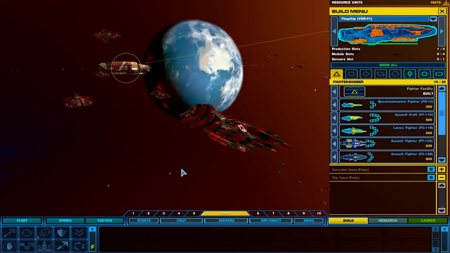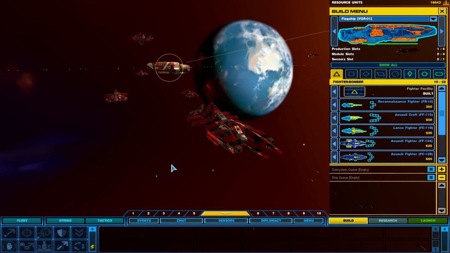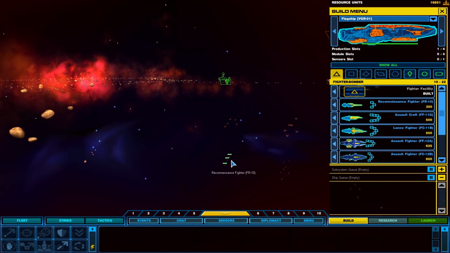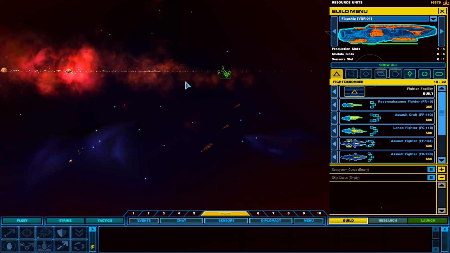So today we are taking a look at the Vaygr fighters. We're going to take a look at all of them, see what their strengths and weaknesses are, and just discuss them. So, without further ado, one thing I did notice is that for some reason the scouts